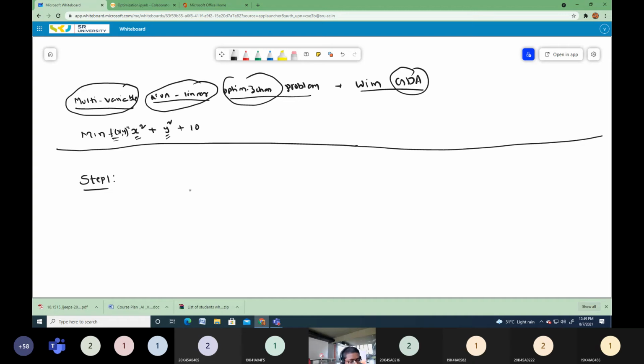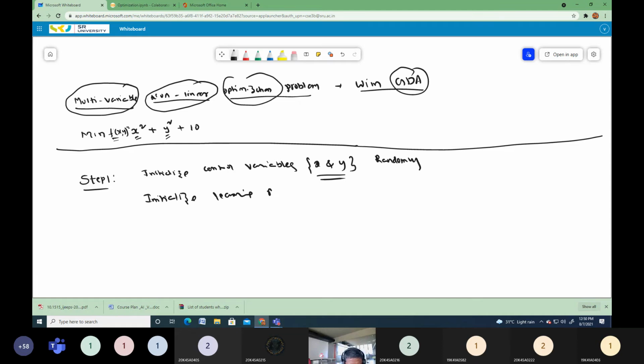Initializing the parameters for both x and y variables. Perfect. So the first step is to initialize the control variables. Initialize control variables x and y, whatever they may be. Here we have 2 control variables, x and y, so initialize them randomly. Perfect. And also initialize the learning rate eta.